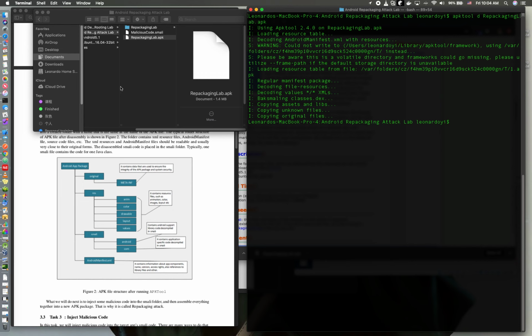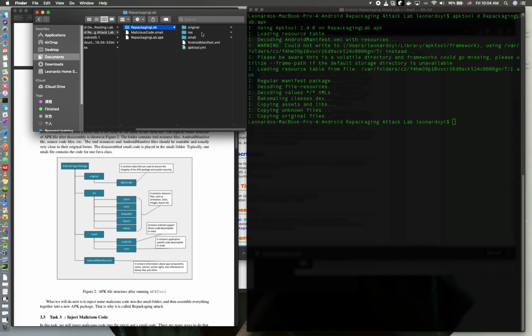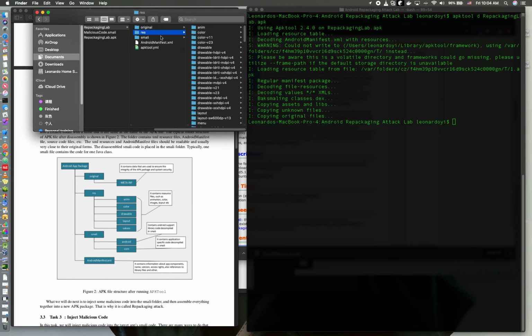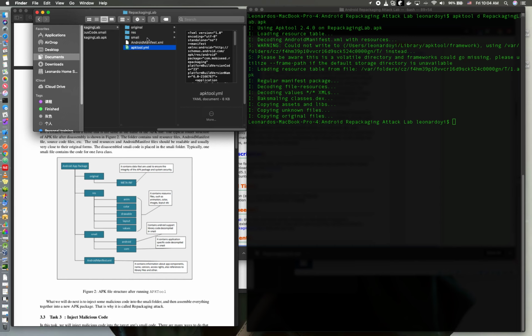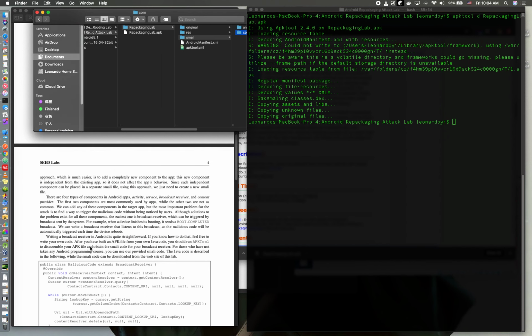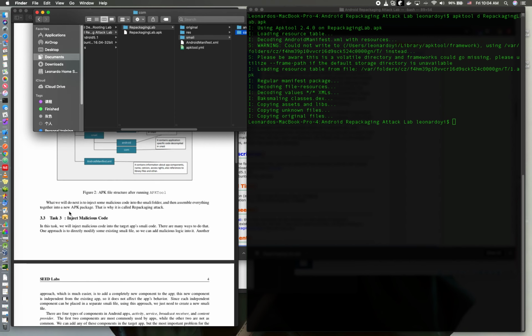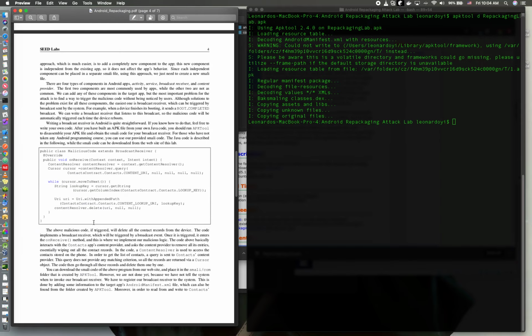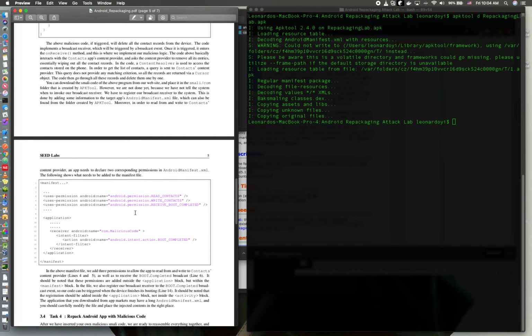So after the APK is unzipped, we can see we have the original folder, resource folder, and assembly folder. In the assembly folder, we have the .conf folder. This is where all the source code is located. We put our malicious code that is downloaded from online into the .conf folder. The malicious code is read by